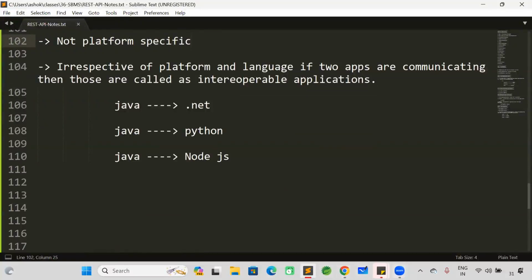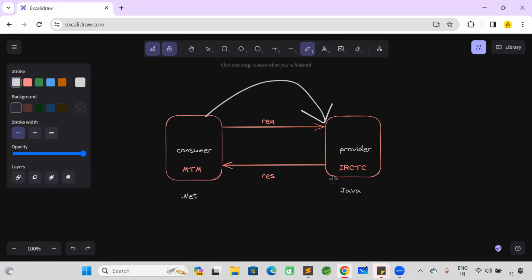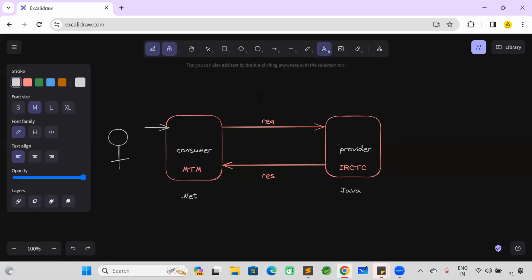How do we achieve this interoperability, guys? Java application is available, .NET application is available. To achieve interoperability, we send the request and get the response. The consumer application sends the request to the provider application, and the provider application sends the response to the consumer application. Here there is an end user who wants to book a train ticket by using the Make My Trip application. Make My Trip will collect the passenger data and send it to IRCTC in the form of